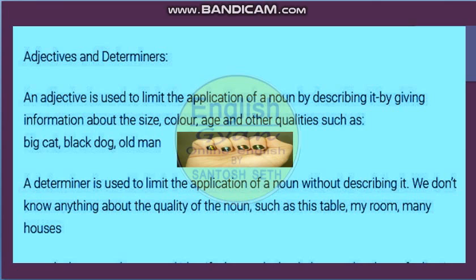Adjective is used to limit the application of a noun by giving description, by giving information about the size, color, age. For example, big cat, black dog, old man. And determiner is used to limit the application of a noun without describing it. We don't know anything about the quality of the noun, such as this table, my room, many houses.